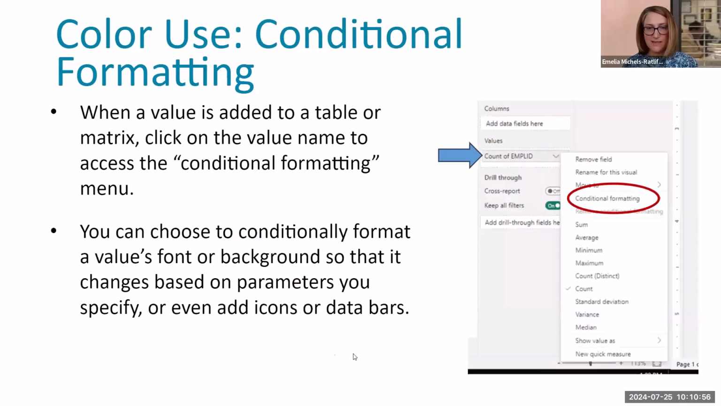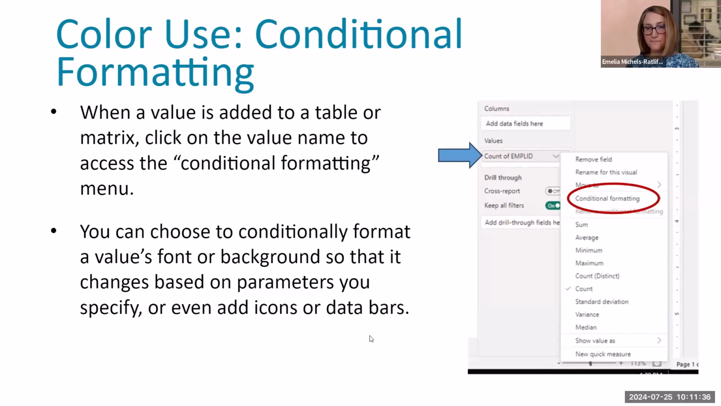Conditional formatting is a bigger one that I would dive a little deeper on for drawing the eye. So when you add a value into any chart or table, you can do it just for like bar charts as well. I do it more often in tables or matrices where you tend to have lots of numbers showing. You can click right on that value that you've added and you'll see this conditional formatting,